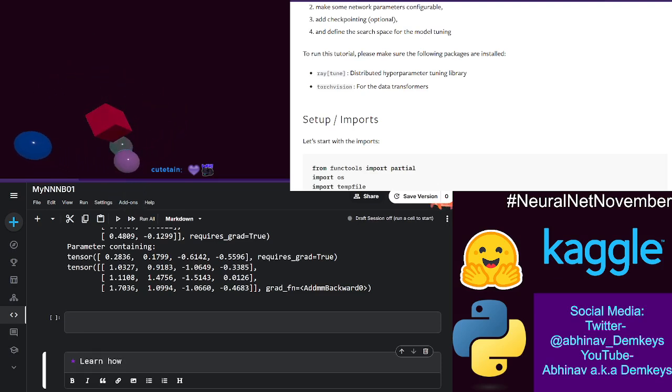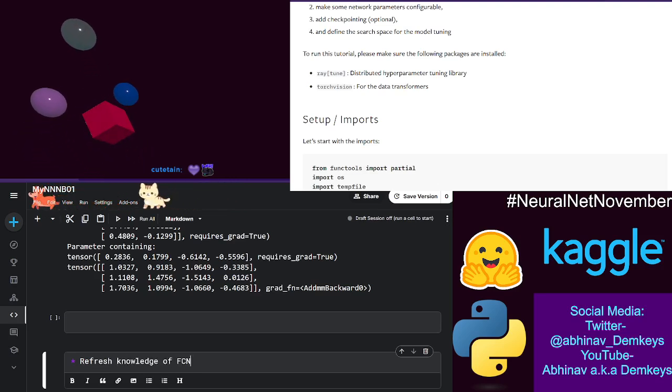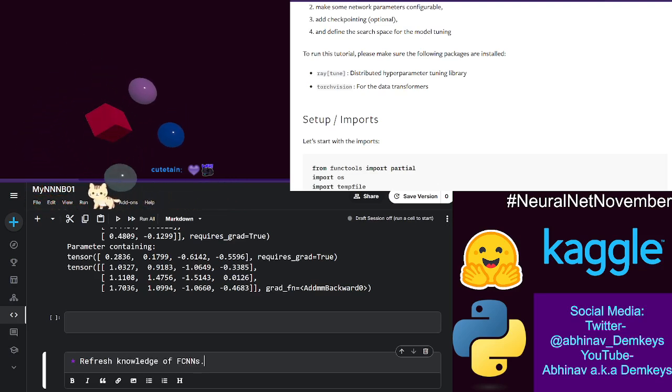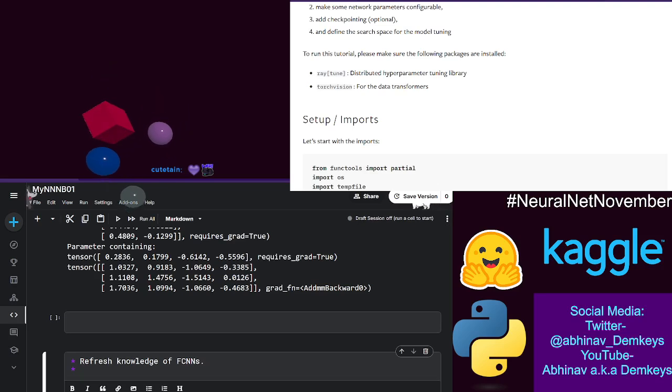Actually, I've already learned how to do it. So okay, what are we trying to do? There's a couple of things we need to do here, right? One, refresh knowledge of FCNNs. That's a feed-forward neural network, or in this case, I think it's fully connected neural network, which is referring to a feed-forward neural network. So refresh knowledge of FCNNs,